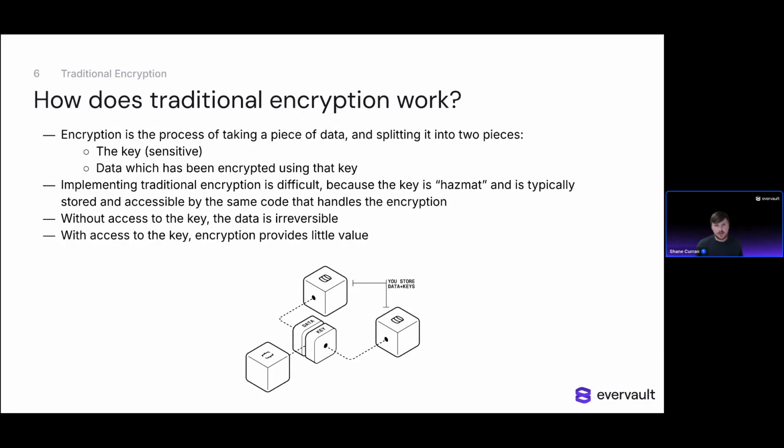Rolling out encryption is also notoriously difficult. There's a famous adage in software engineering, which is don't roll your own crypto. It's totally true. It's an extremely easy thing to get wrong, and even very, very sophisticated engineering teams make mistakes that look small, but in practice, they totally undermine the entire security of the whole piece of infrastructure. And that's typically because the key itself is hazmat, as we like to call it, and it needs to be stored somewhere securely,